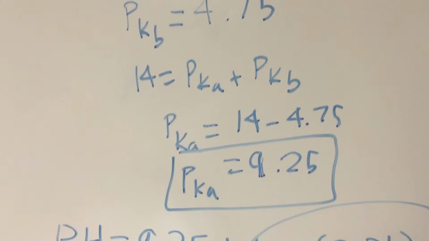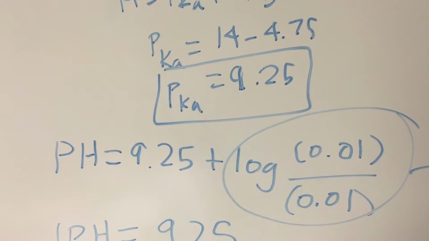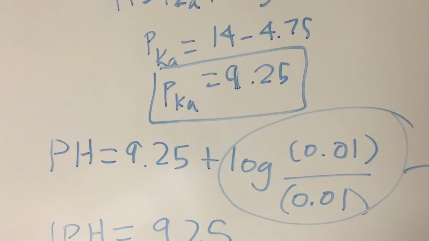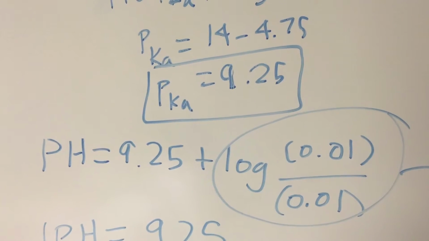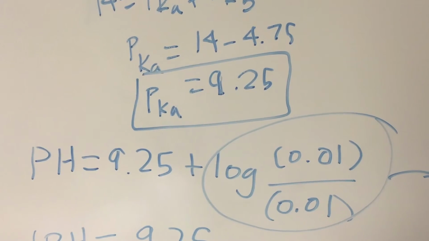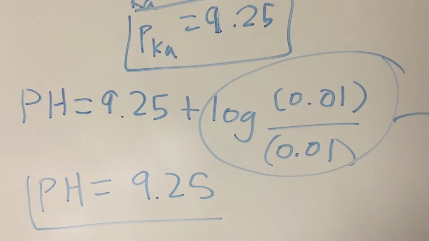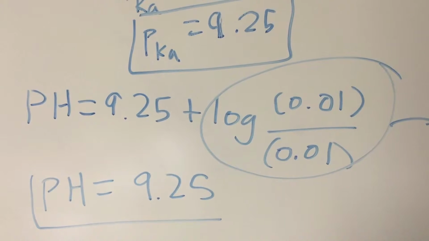And this will be very important as it is later plugged back into the Henderson-Hasselbalch equation, which will be pH is equal to 9.25 plus log 0.01 over 0.01. And log 0.01 over 0.01 will equal 0, leaving us with pH is equal to 9.25, and this solves part